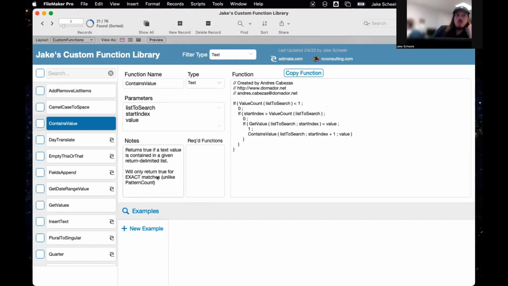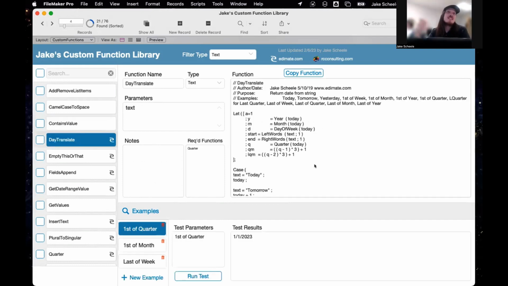Pattern count will return true for similar matches. So if you've got a return delimited list, word and words both will return true, and you only want word because it's an exact match. That was a bad example, but